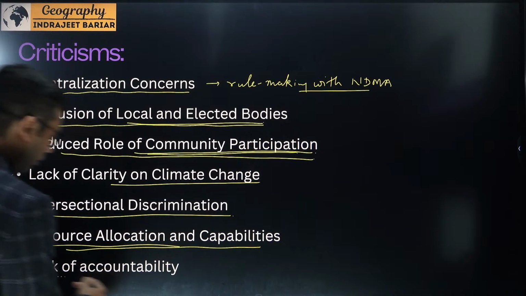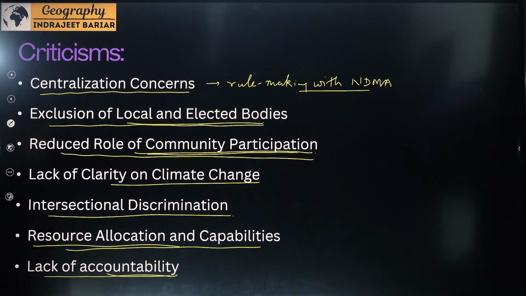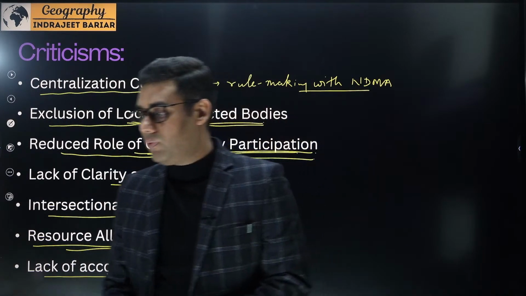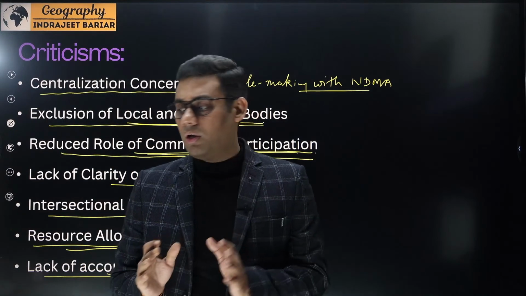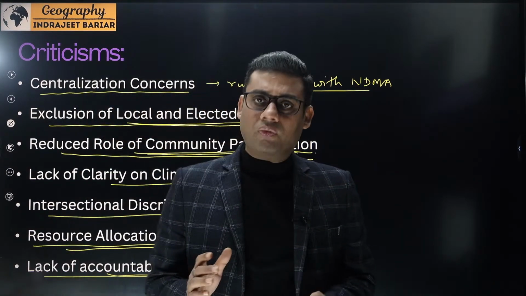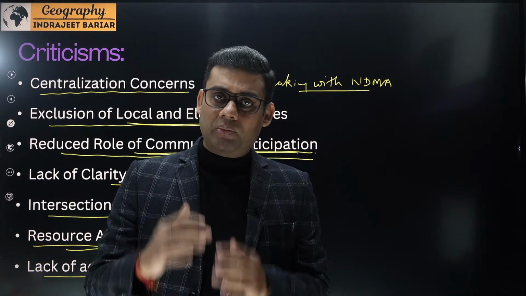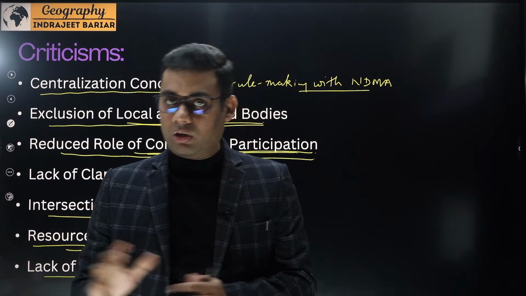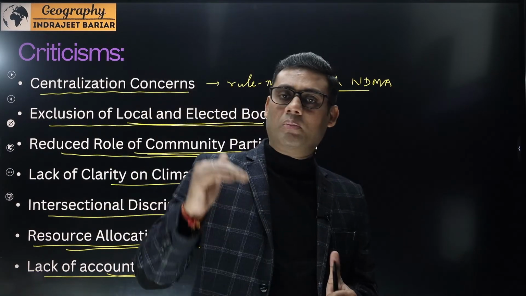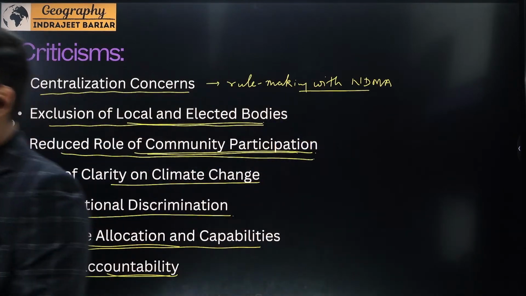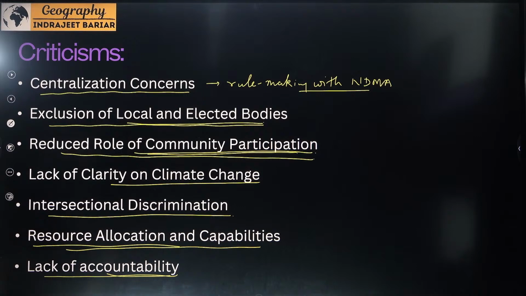And lastly, the lack of accountability. When you say lack of accountability, take for example the earlier bill, which had the idea of what we identify as the minimum standard of relief. The earlier clauses related to a minimum standard: if you are giving relief to a particular community or a particular person, this is the minimum level that has to be met. But now this particular aspect has been removed. This clause has been dropped from the new bill.